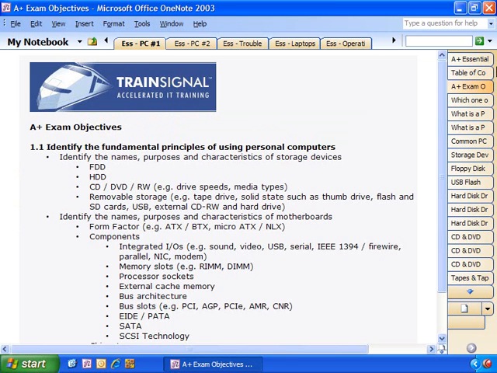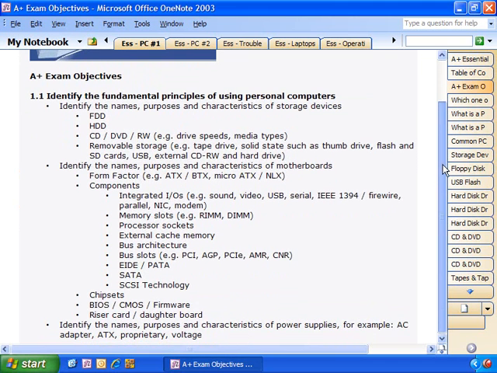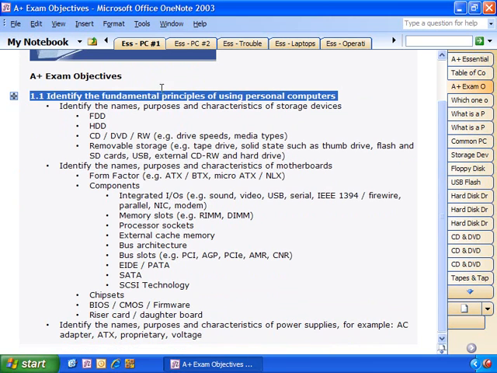All right, first let's talk about the specific A+ exam objective that we're covering in this video. We'll be covering exam objective 1.1. Now that says that you should be able to identify the fundamental principles of using personal computers. That includes floppy disk drives, hard disk drives, CDs, DVDs, rewritable drives, recordable storage, USB drives, USB connectors, external CD-ROM